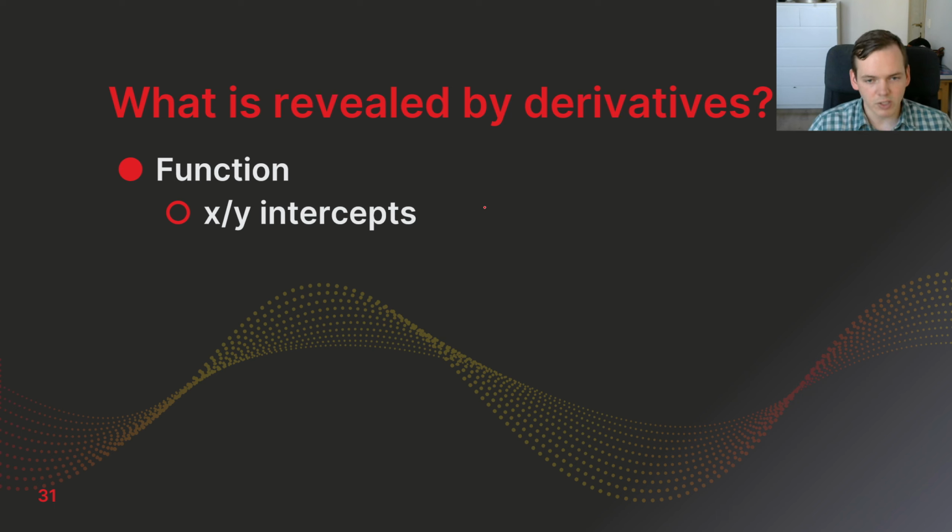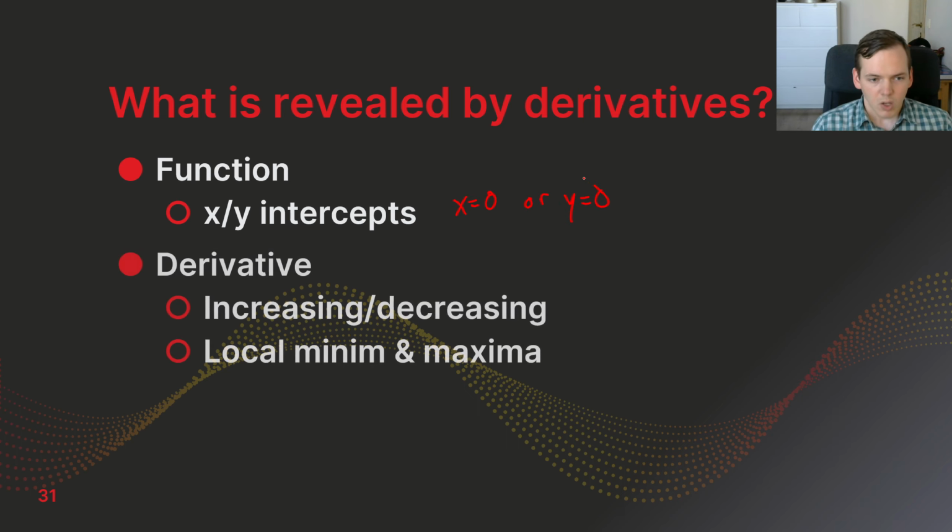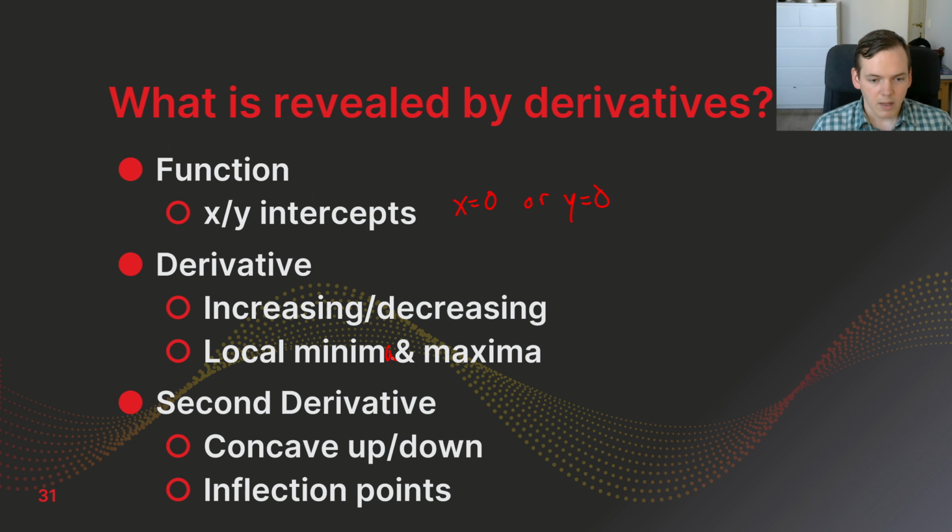From a function, you can tell the x and y intercepts, and this is where either x equals 0 or y equals 0. We can also, from the derivative, tell where something is increasing or decreasing, and with the first derivative test, tell where the local minima and maxima are. The second derivative gives us concavity up and down, so that's the curviness of the graph, as well as inflection points. And as a side note, with the second derivative test,